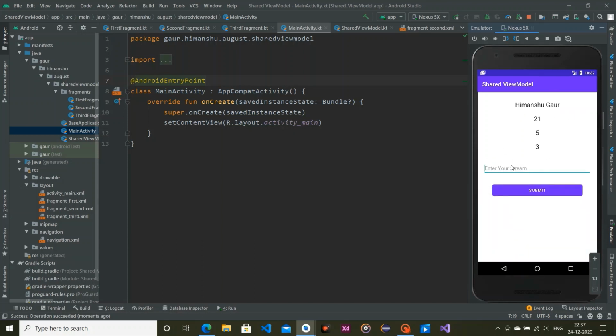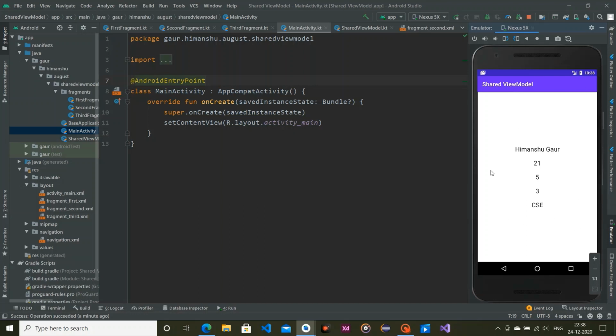In step 2 you can see the data which I entered in our first fragment has actually come into our second fragment, because we actually store our data in the view model. So now I'm using shared view model. I'm simply entering our stream, CSE, submit this, and you can see all the data which I entered in our first and second fragment is reflected in the third fragment.